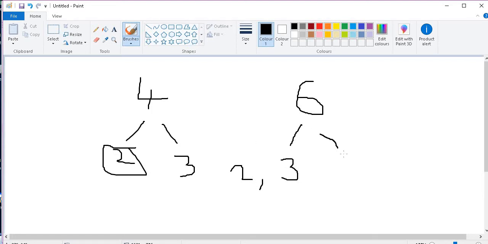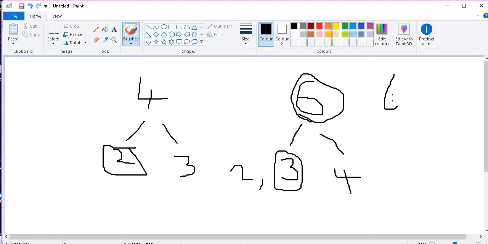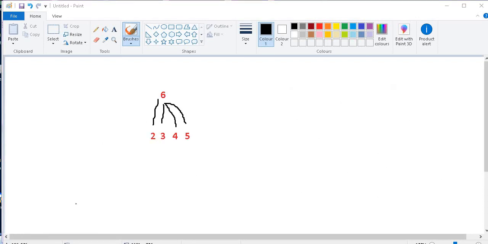And you are not going to check whether 6 is divisible by 4, because checking until half of the number is enough. Half of 6 is 3. 6 by 2 equals 3. Checking until half is enough. Why are we wasting time? If you observe our code, for 6 we are checking 2, 3, 4, 5 and 6. Yes guys, this is what we are messing up in our code. It's enough to check until the half. No need to check these.